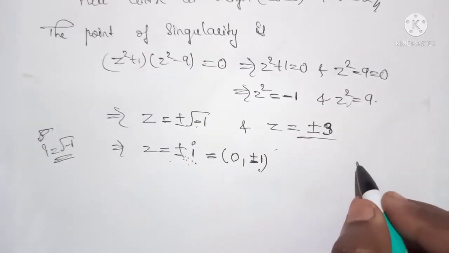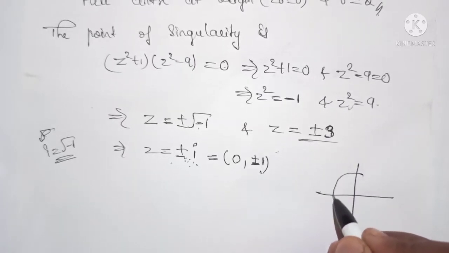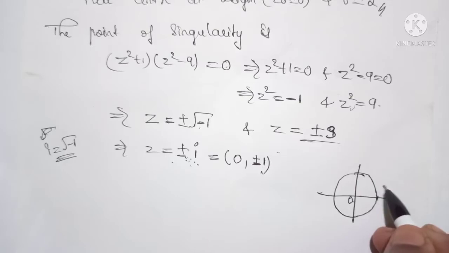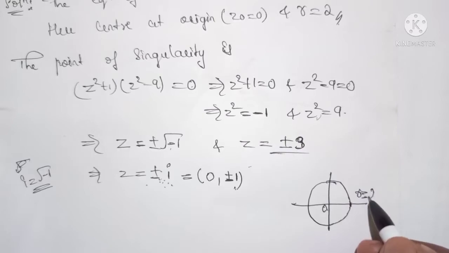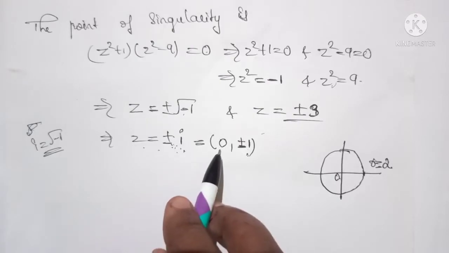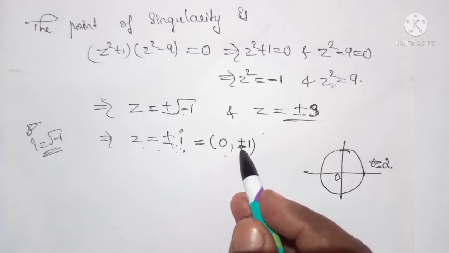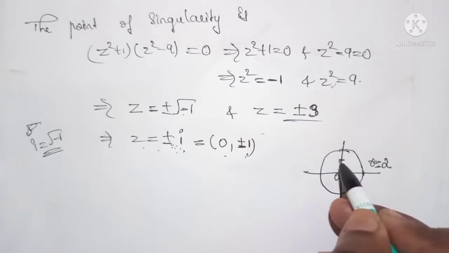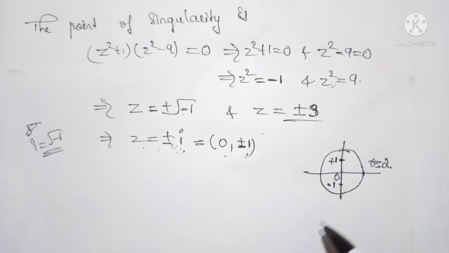First we draw the circle. Okay, so given the center at the origin, we simply draw the circle at the origin 0, and this is our radius, which is given by r equals 2. And z equals plus or minus i, if you represent it in coordinates, that is in points, you will get 0 comma plus or minus 1. So 0 is this one, plus or minus 1 means somewhere here. Okay, so just randomly I will denote the points 1 and minus 1.